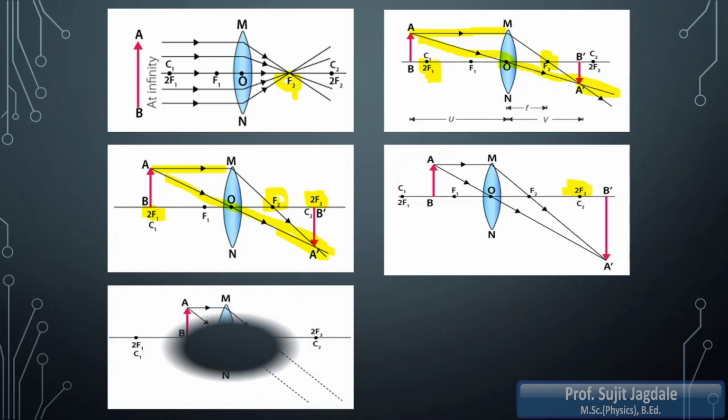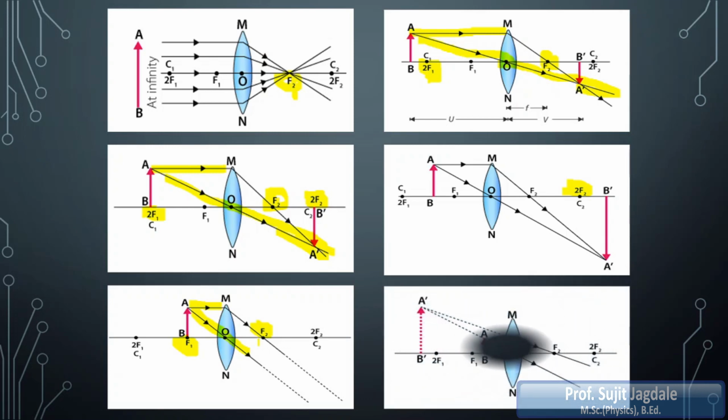Then the fifth one: when the image is obtained at infinity, at that time we are keeping the object exactly at the focal length f1. Here again the same conditions: parallel rays, and rays passing through the optical center undeviated, parallel rays passing through the principal focus after refraction, and the image is forming at infinity, because these refracted rays are traveling parallelly. So the image is obtained at infinity, which is real and inverted. Inverted means you can see that in all the cases the image is shown downside and the object is shown upside.